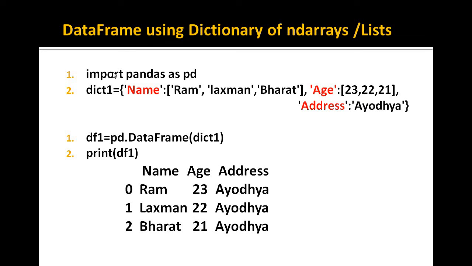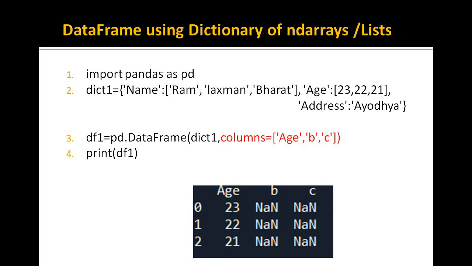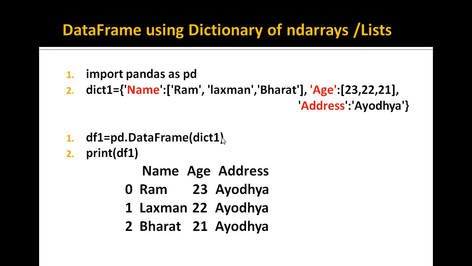So this way you can see creating a data frame using a dictionary is direct. It is clearly showing which column has what values for what rows, and it is easier to identify. So what happens when you pass column names? In the previous slide you did not pass the column names, and you can see the column names were taken from the dictionary keys name, age, and address.